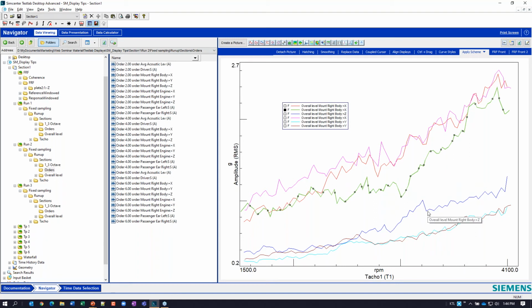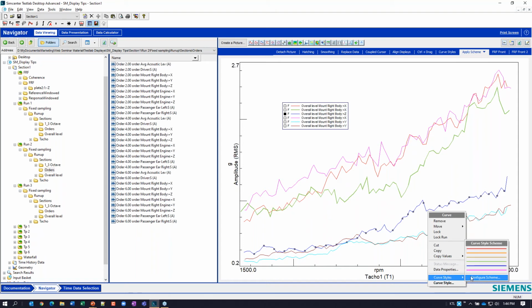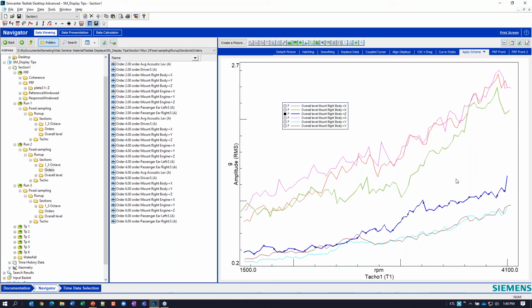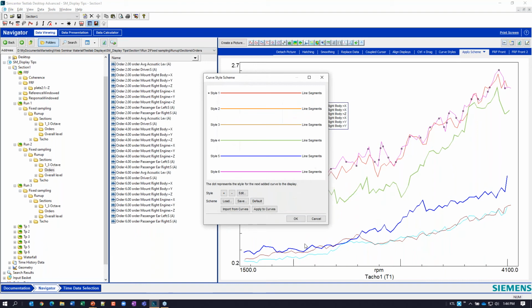I can just apply it one by one because I've loaded that Rainbow scheme. So let's say for some reason I wanted blue and green to stick out. I can apply those schemes on a curve by curve basis, or certainly go in here and apply the scheme all at once.